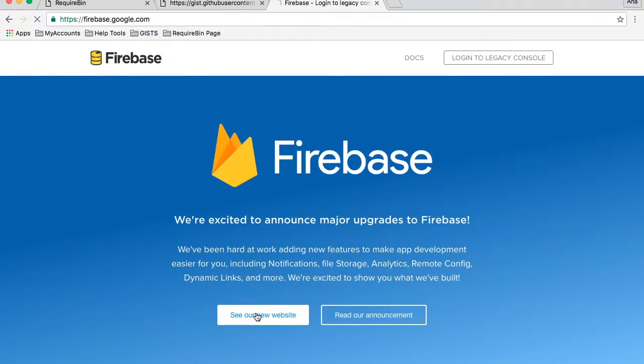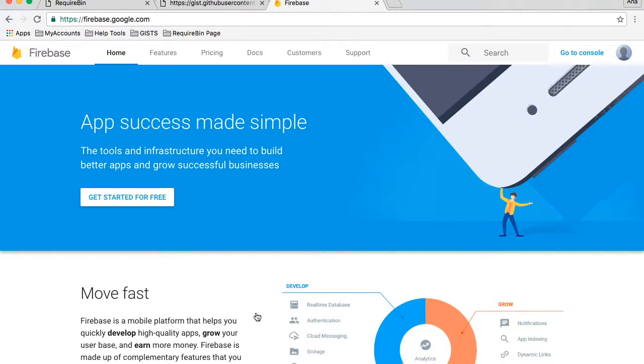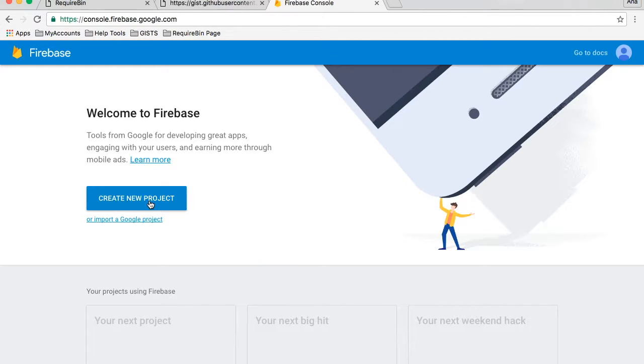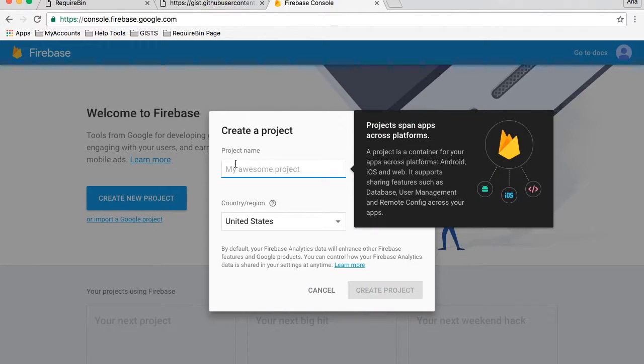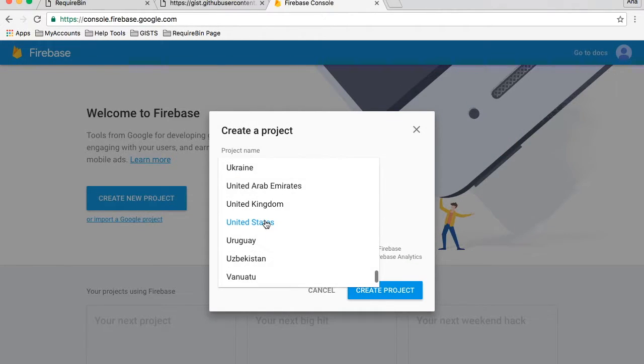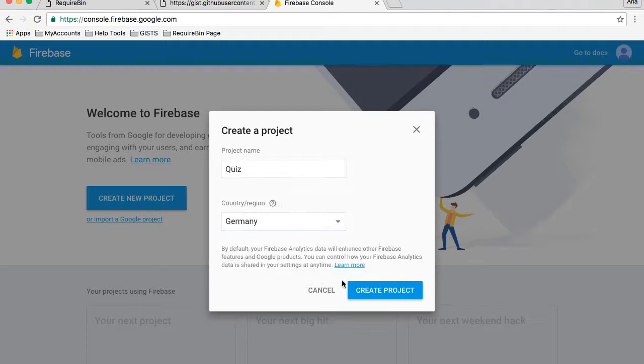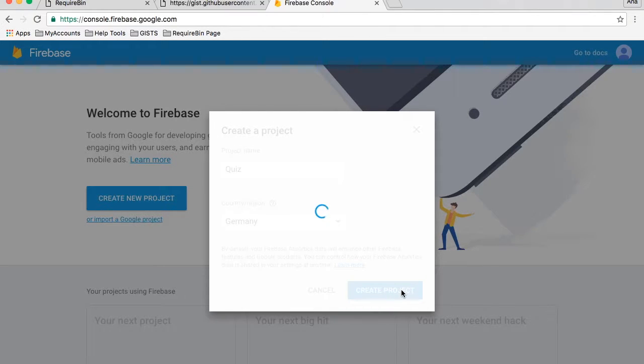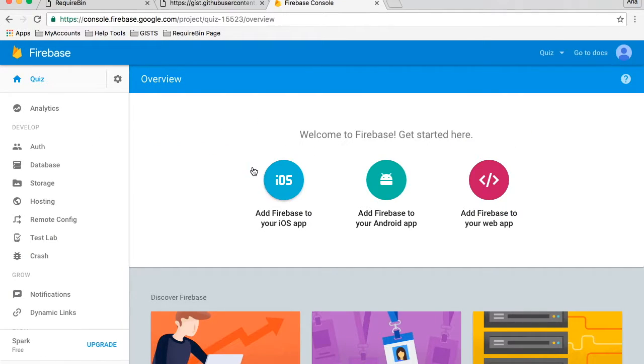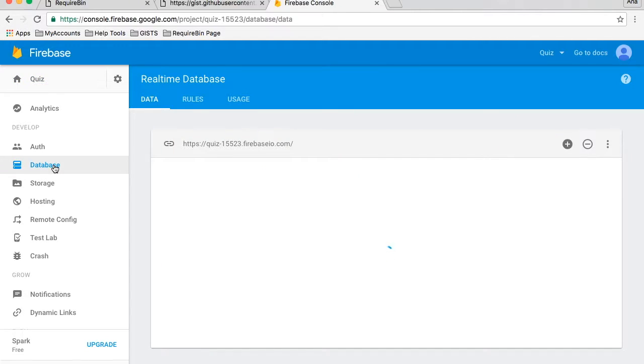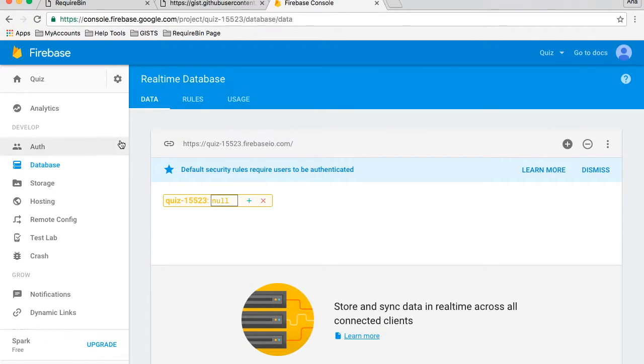And click on the new website, and we're already logged in because it's a Google tool, so we can just start. And let's create our new project and call it quiz. Use the country and click create. Perfect. So now we have our project, and this is going to be our database. So we can just copy this